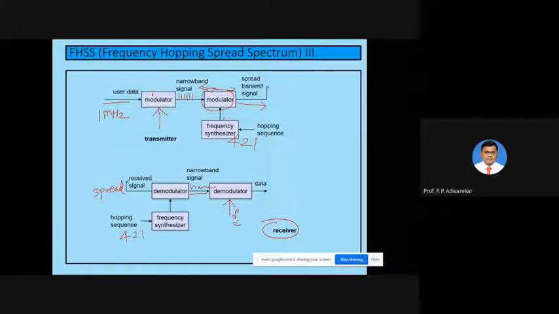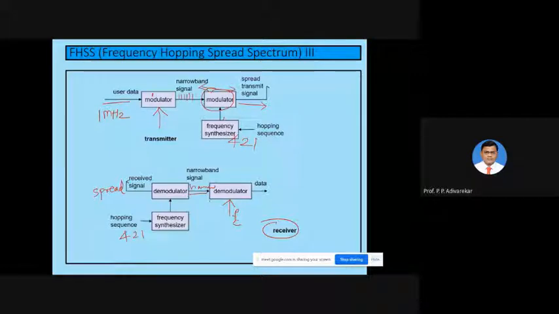So here there is no need to use a correlator. We have seen the use of correlator in DSSS. Why are we not using a correlator here? Because the signal which is generally inward is hopping to different frequencies rather than having a particular time slot to it. So no correlation is required in the case of FHSS. This FHSS is much simpler for generation and detection as compared to DSSS. So that is what frequency hopping spread spectrum is.